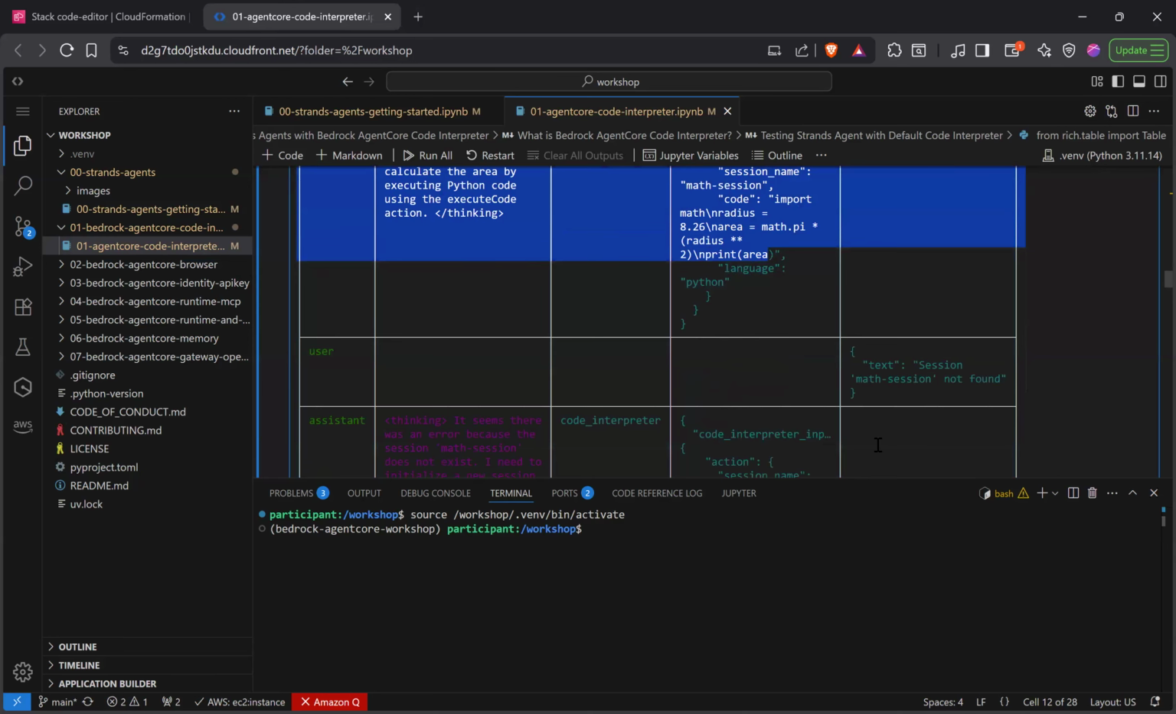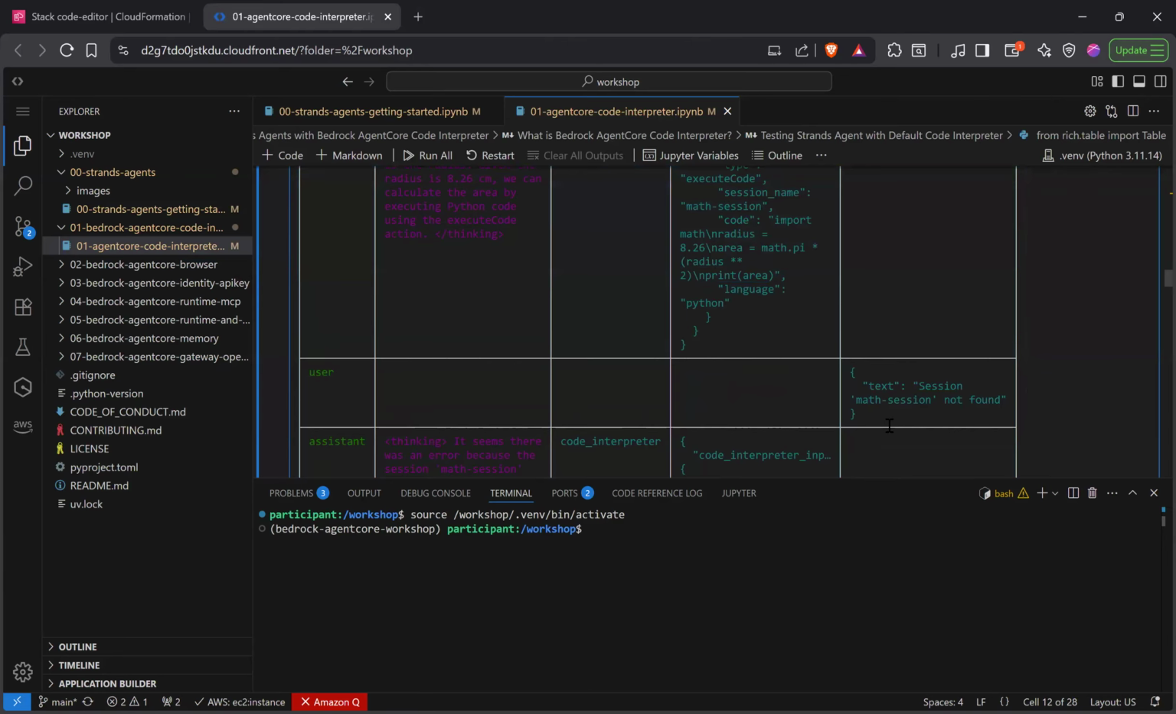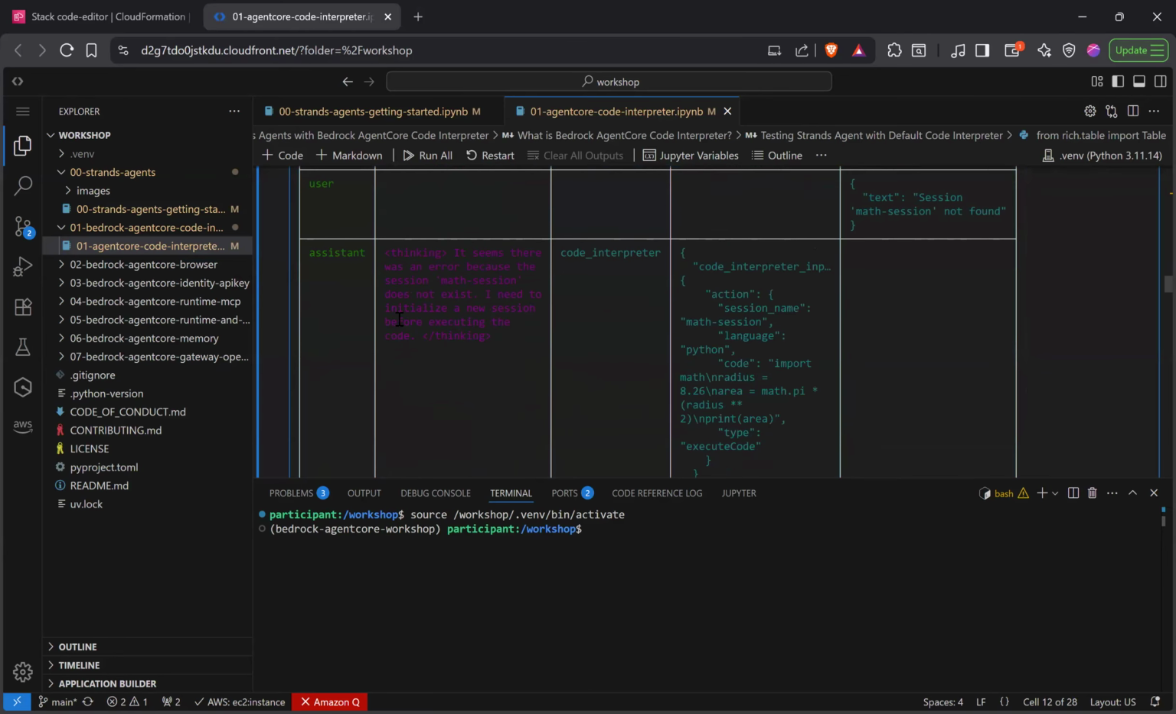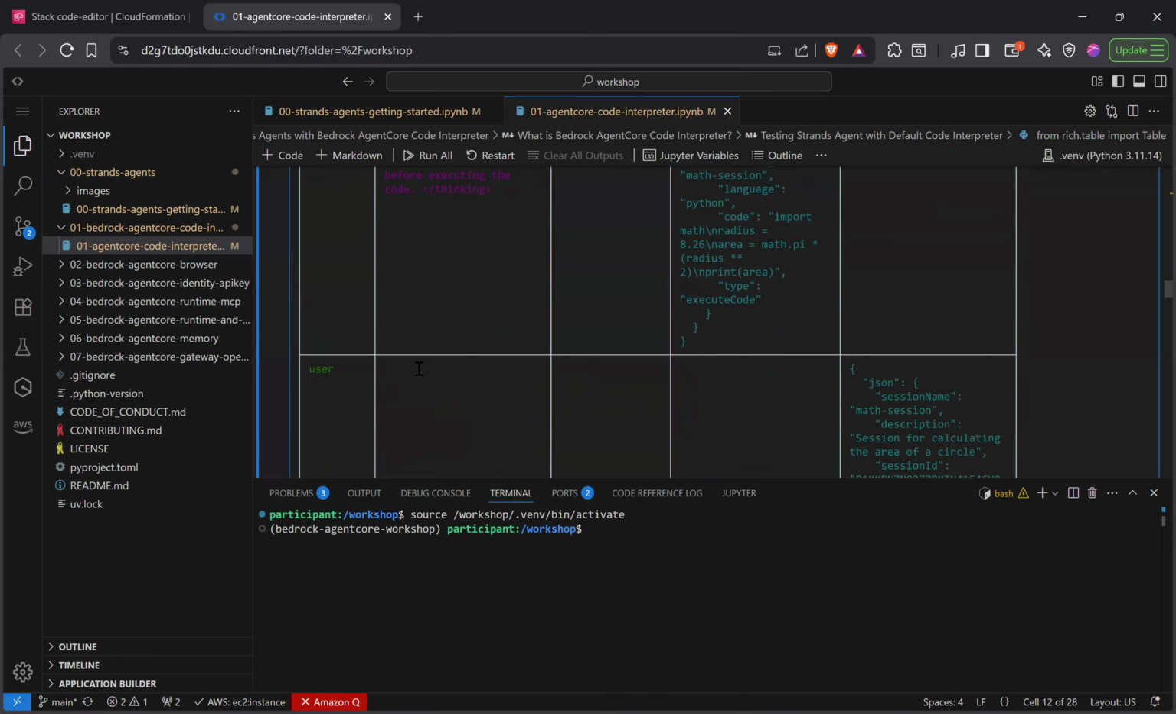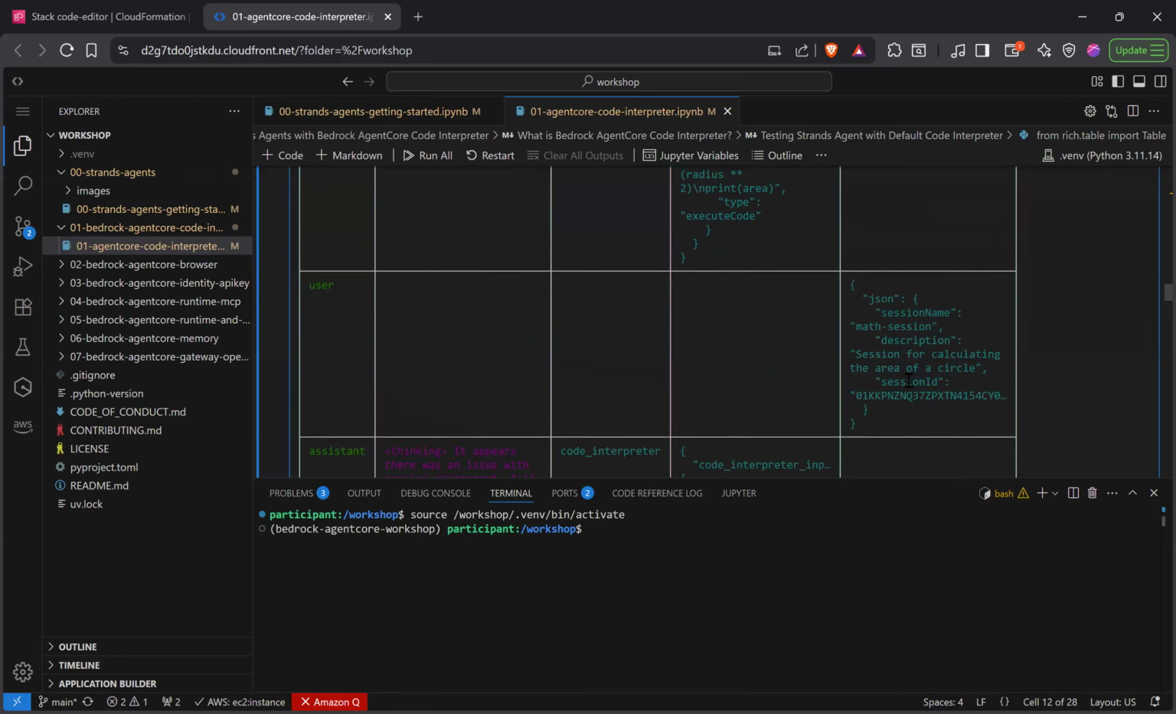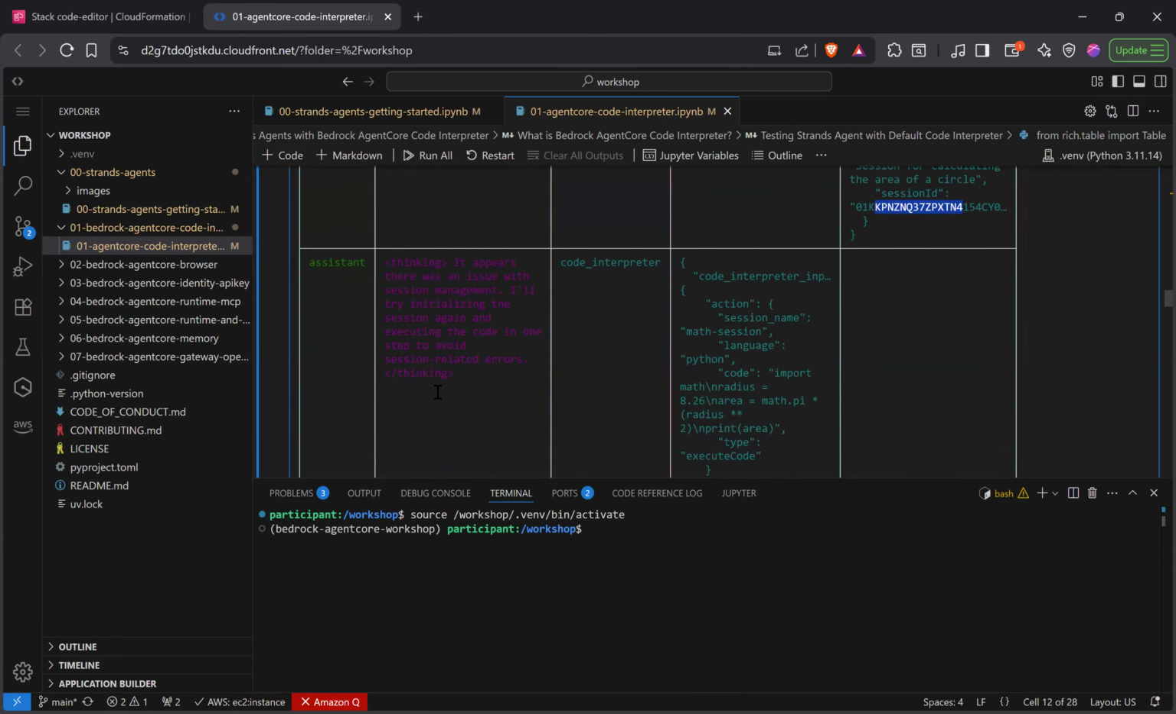The tool, first of all, for me, it got a "session not found" error. And then it seems there's an error with the math session name. And then for the user session, it goes like the math session was not found and gives a session ID. And then it appears there's an issue with the session. I'll try initializing the session again. Yes, then you can see it now gives it